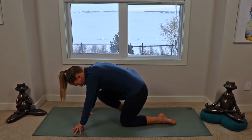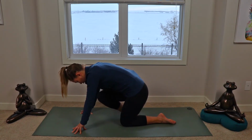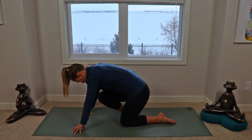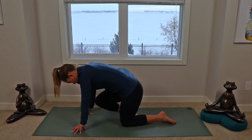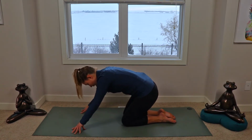You can lift your ankle all the way off of the mat if that works for you. But just finding that stretch in the top of the foot. So move, find that stretch, find what works for you. And then just settle in for a few breaths. Nice. You guys start to drop that right knee back down, placing that into your tabletop,